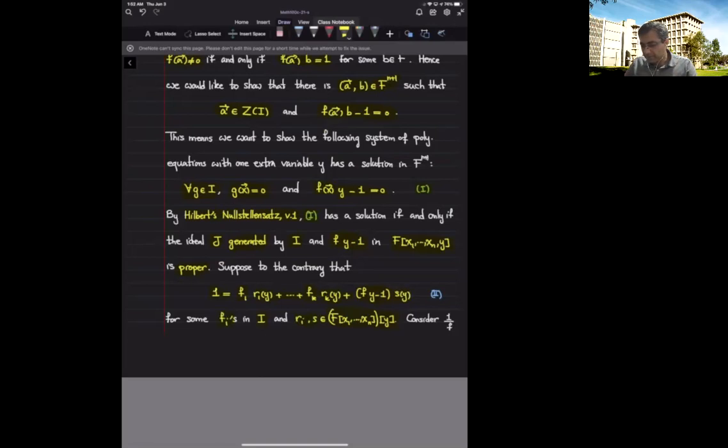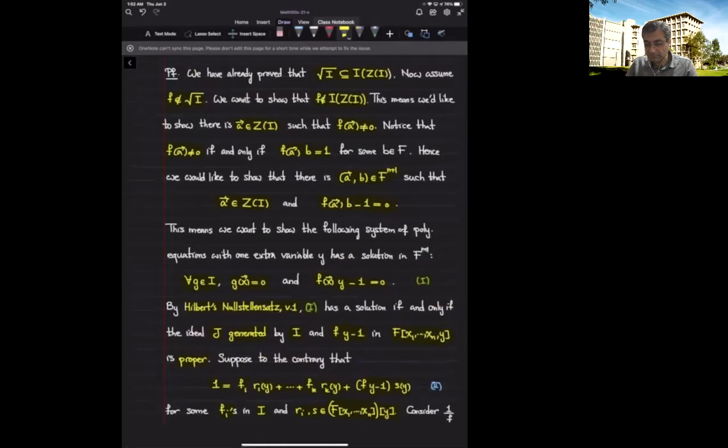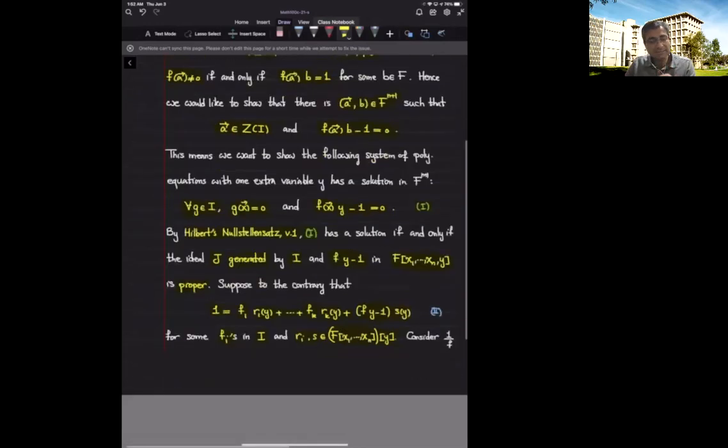This polynomial f is a non-zero polynomial. After all, I'm taking this f to be not inside the radical. So f cannot be 0. If it is 0, then it is already inside the radical. So f is a non-zero polynomial in the ring of polynomials in n variables x1 through xn. Notice that this is an integral domain, so I can talk about the field of fractions of this ring. So I can talk about 1 over f in the field of fractions of this ring, and